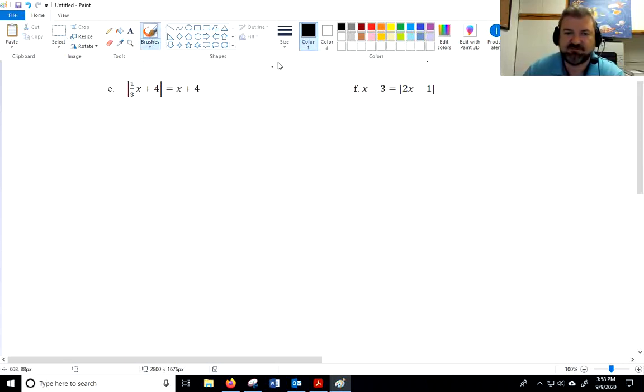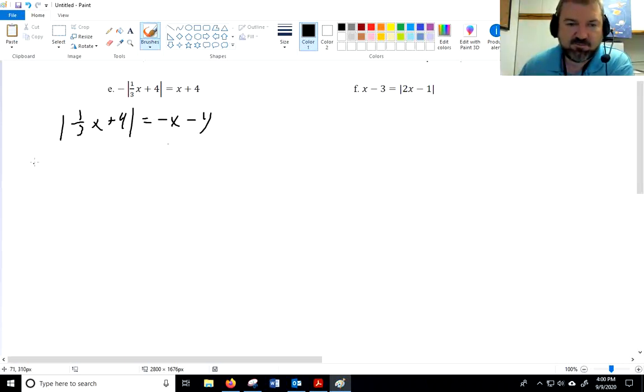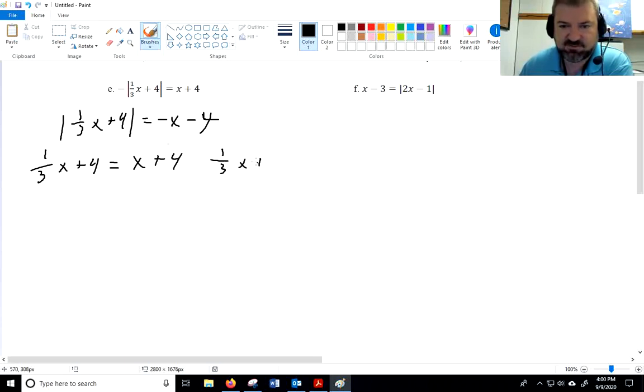And here we go. We're going to take this. I'm going to divide through by that negative. Don't want that there. So I have negative x minus 4. And all right, now remove the negatives. I have 1/3 x plus 4. I'm removing the absolute value bar. So when I do, I have to take the negative of this, which is positive x plus 4. And then I have to do 1/3 x plus 4 is equal to the positive of that, which is a negative x minus 4. All right, I'm going to multiply both sides by 3,